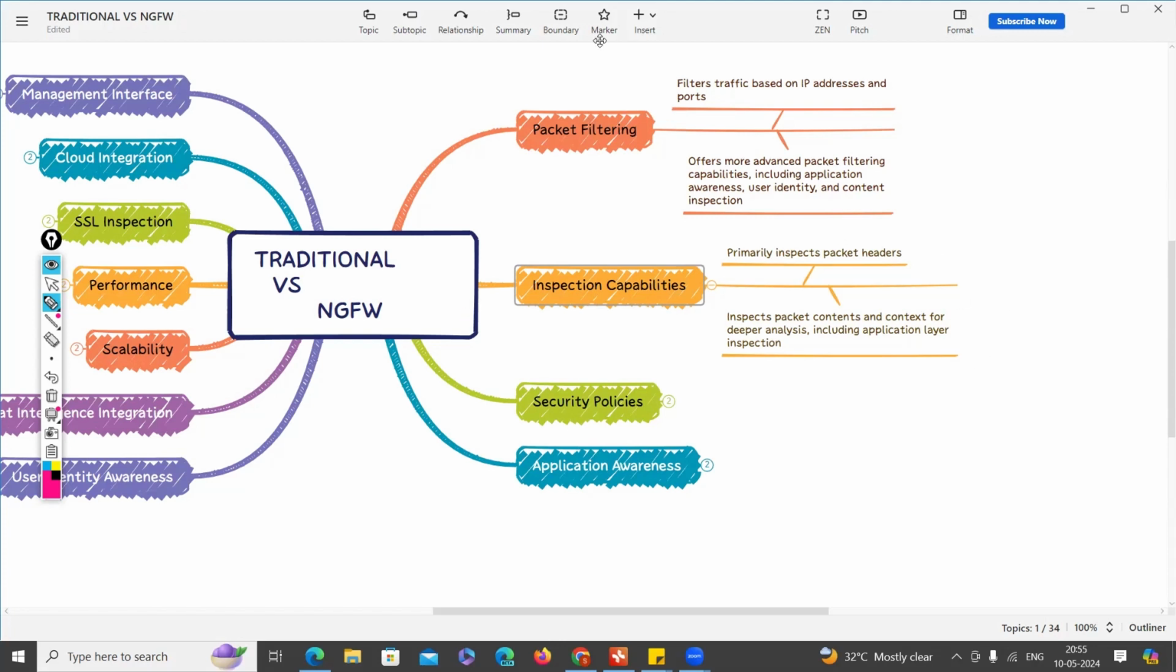So yesterday we had this session, an introduction to the firewall. At that time I gave an example. What is the example for a traditional firewall? What is the example for a next generation firewall and all? Okay. So yeah, fine. So now